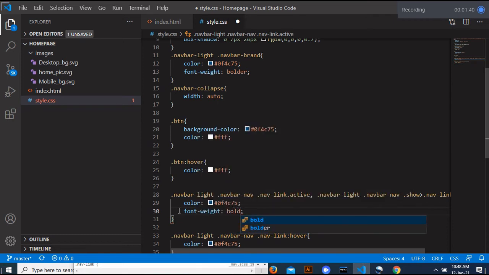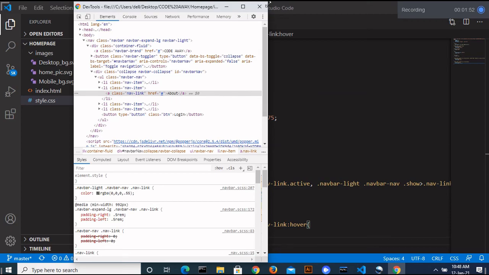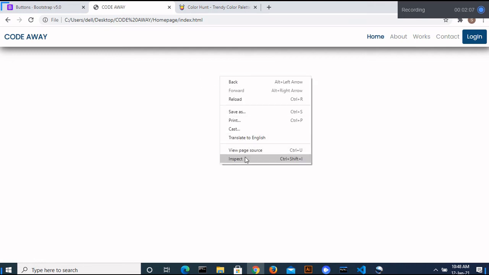Okay, so it would look good. Okay, let's see how. Okay, so on hovering, it's perfect. The next thing we are going to see is how it looks in mobile view and tablet view. Is it responsive?